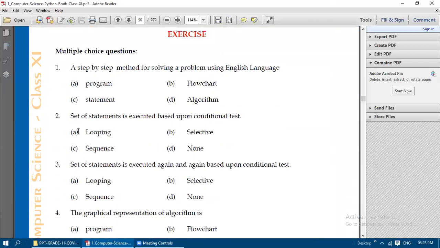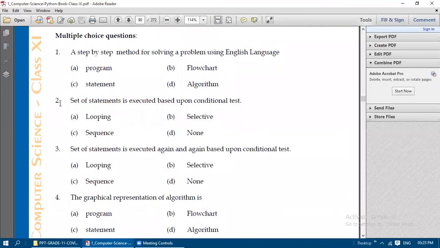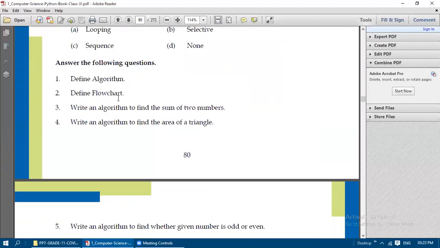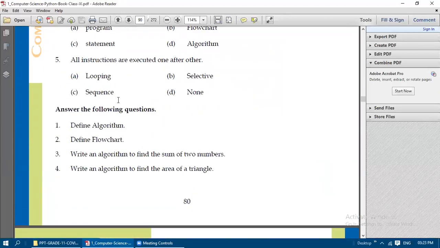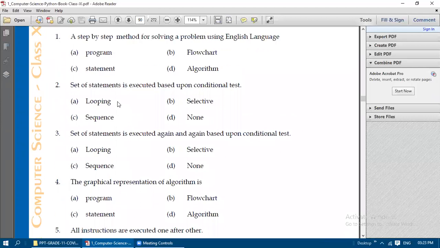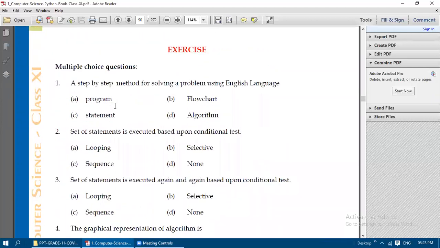Now we will see some exercises. The one-mark questions and answers, and the question answers, I have finished. I have sent you the answers also in your group. You can check the answers and write the question answers and one-mark questions in your classwork note. Then in future, if any test is conducted, you can refer to these question answers and prepare for your test, and write the test nicely. So now we will see the one-mark question answers alone in an oral way.